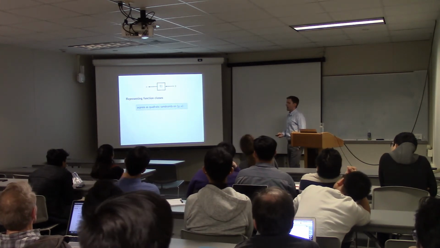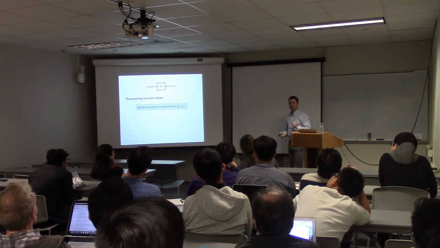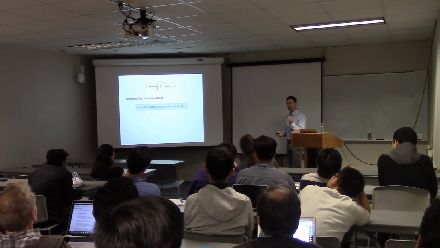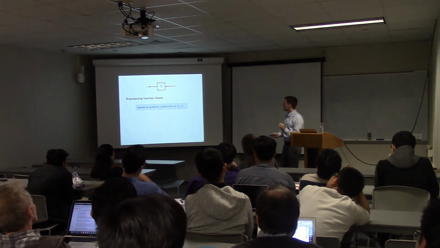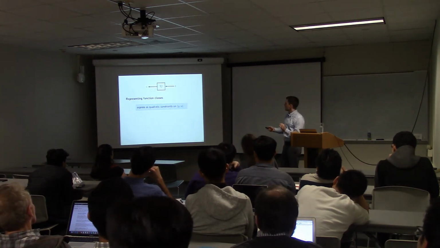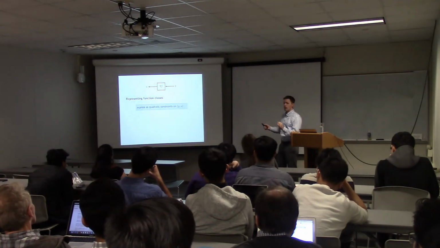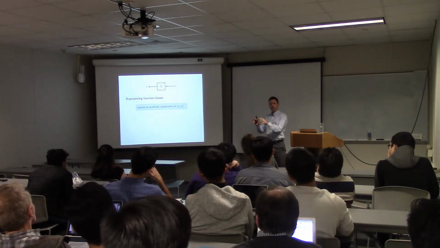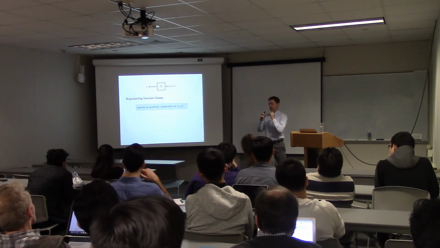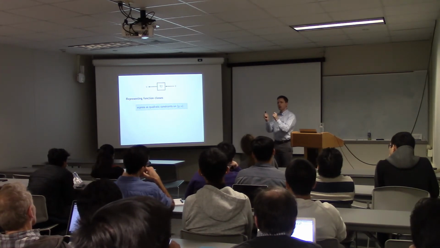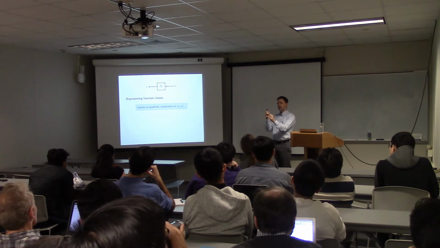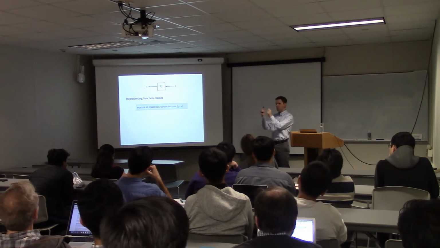Now how are we going to represent these three different sets of functions? The key here is to use quadratic constraints. What that means is I'm not going to try to write down what f actually is. I'm not going to try to parameterize all the different possible f's that I could have. Instead, I'm just going to look at properties that are satisfied by the y, u pairs.